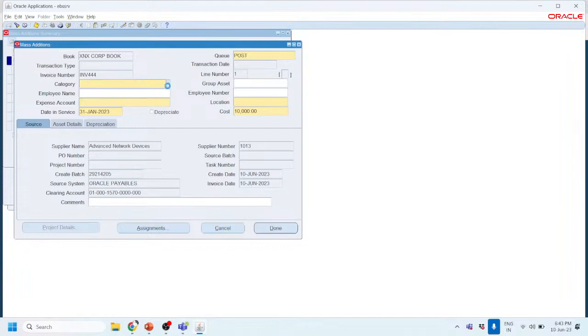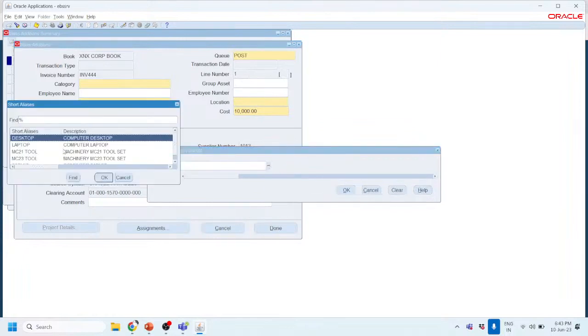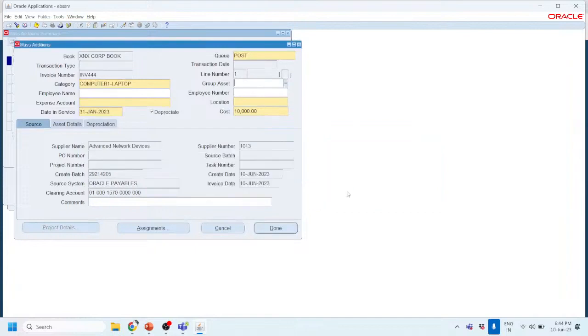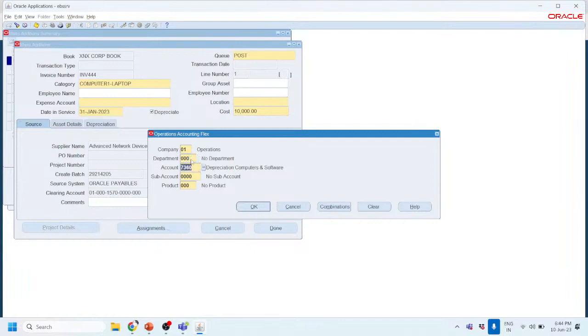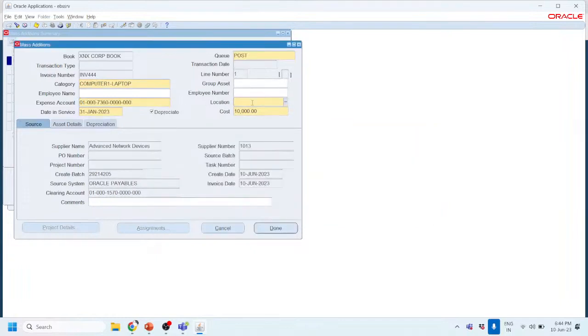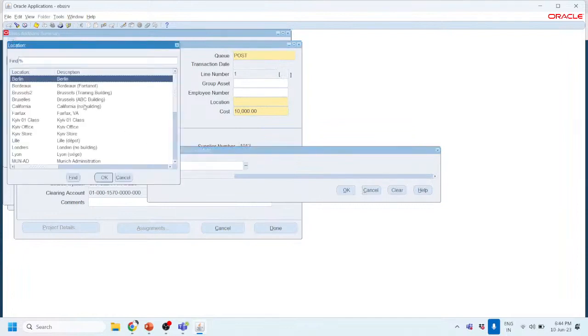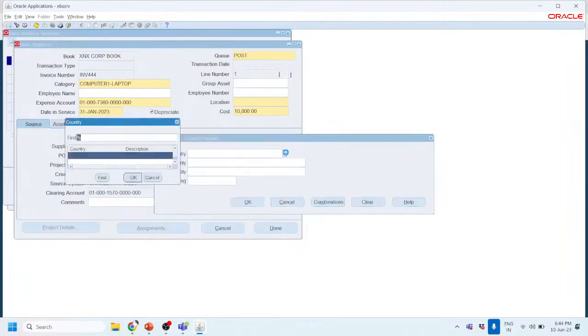Let us provide the category, say it's a laptop, and provide the depreciation expense account, and the location. Let us provide the location, say the country,